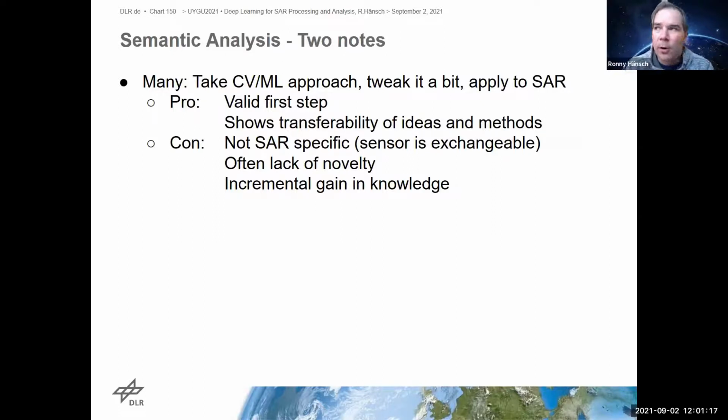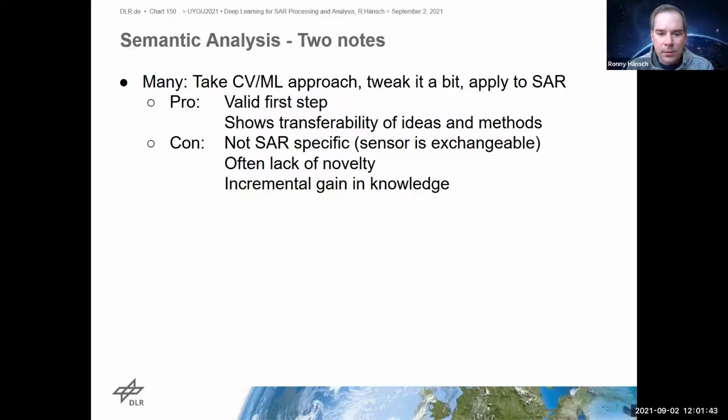On the contrary, very often the SAR is adapted to the statistics of an optical image. So you would, for example, not use a SAR image, but you would use a visualization of a SAR image as input, because the neural network they are using is expecting 3 channels because it is designed for optical images, and optical images have 3 channels, right? RGB. I won't cover those approaches in this lecture,